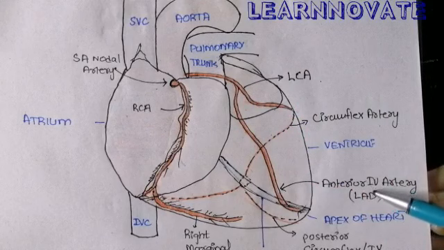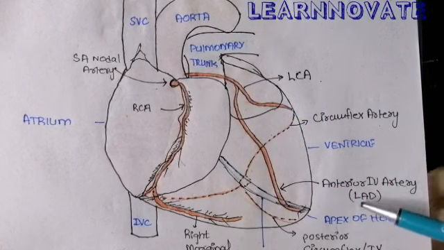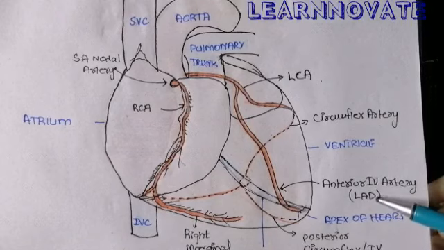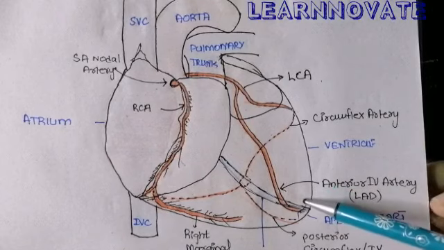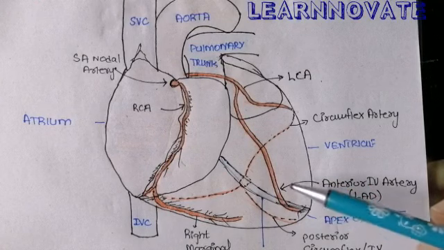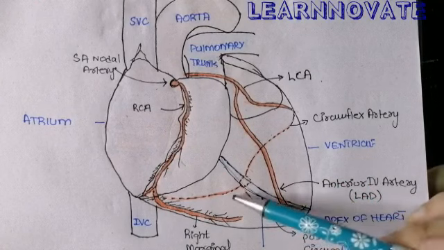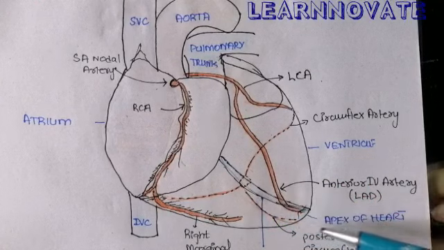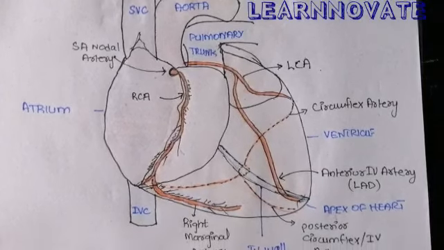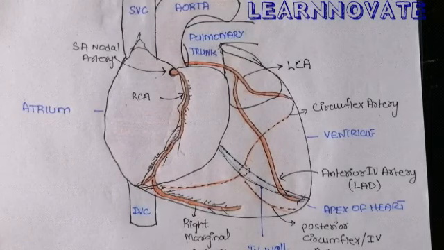This anterior interventricular artery is also called the LAD, the left anterior descending artery. It passes on the anterior side of the interventricular septum, and the posterior side of the interventricular septum is supplied by the posterior interventricular artery, the branch of the right coronary artery. This was all about the arterial supply of the heart, and it's very simple to remember the branches and the course of the right and left coronary arteries, the major arteries of the heart.